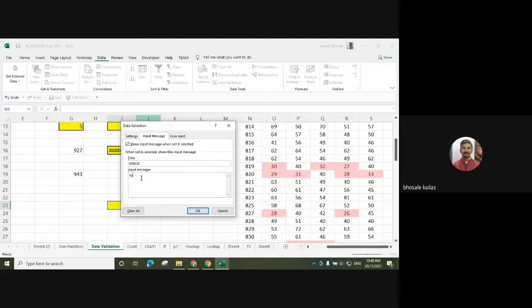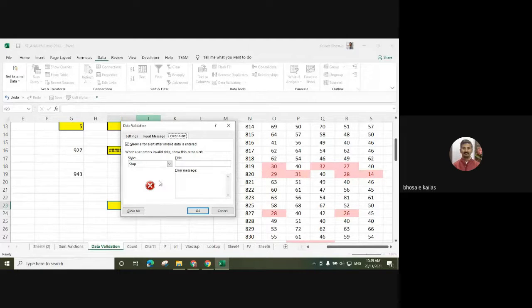I will write: you have entered wrong number. Enter data between 0 to 100. So what is the error alert?